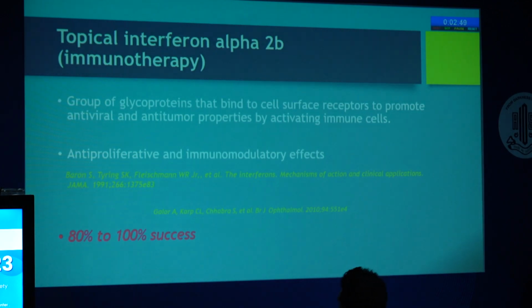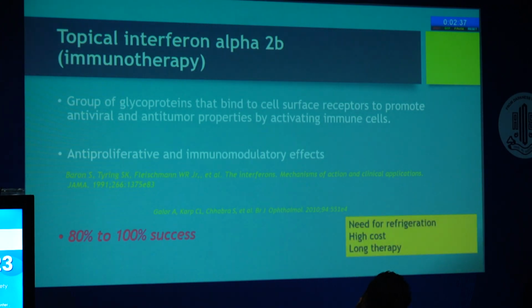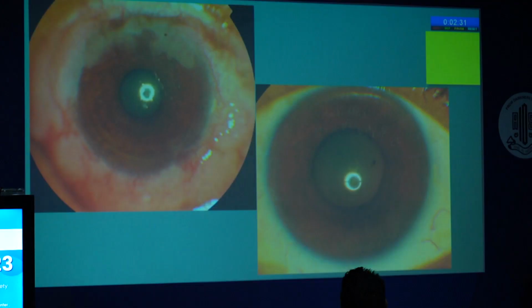So topical interferon alpha 2B is something which is very ocular friendly in these tumors, and it has a very good success rate. And its action is basically anti-proliferative and immunomodulatory. But the downside of this drug is it needs refrigeration, it is of high cost, and it requires long therapy. So this is a case of SCC proven on impression cytology, and the very good result we found with